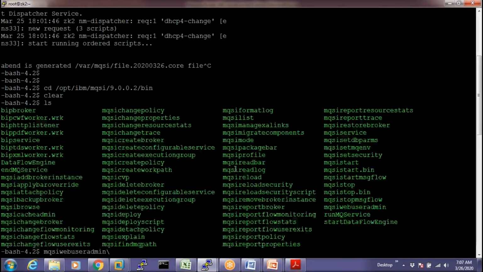And mqsiexplain, mqsidetachpolicy. Earlier there was the one we say is attach policy, now there is the one we say is detach policy. That's right. Fine, so I can explain an overview on each and every command. Thank you so much. You can tell me the ones you know and the ones you don't know. Yes, sure, I will definitely let you know. If I don't know, I will directly say that I don't know.